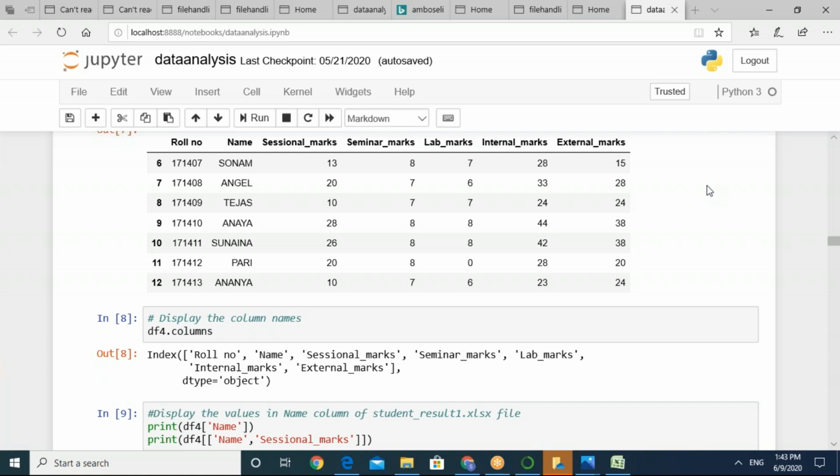If you want to know what the different columns in your file are, you can explore with the name of that data frame variable, df4.columns. With df4.columns you can see and you will come to know what the different columns are and what their names are. So you can jot down all the columns in your file.